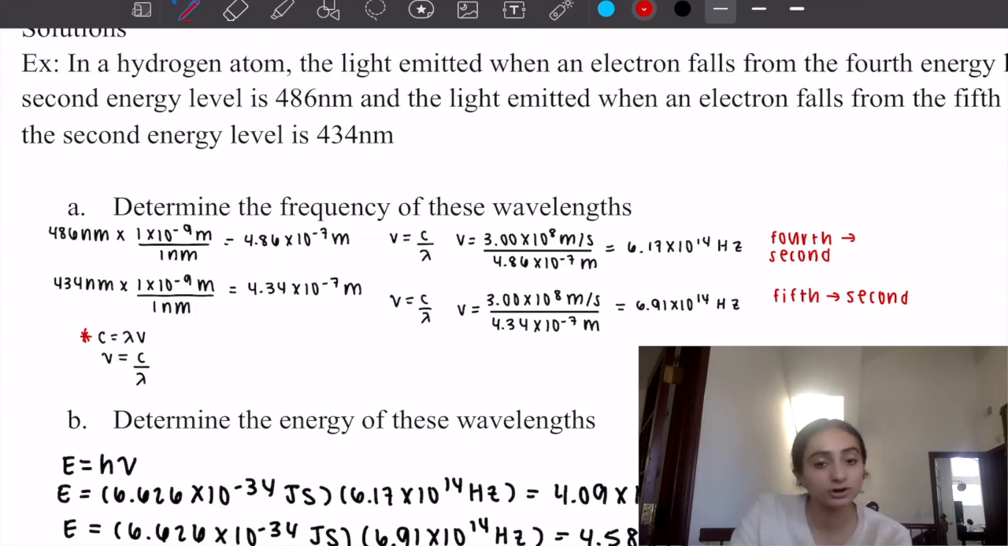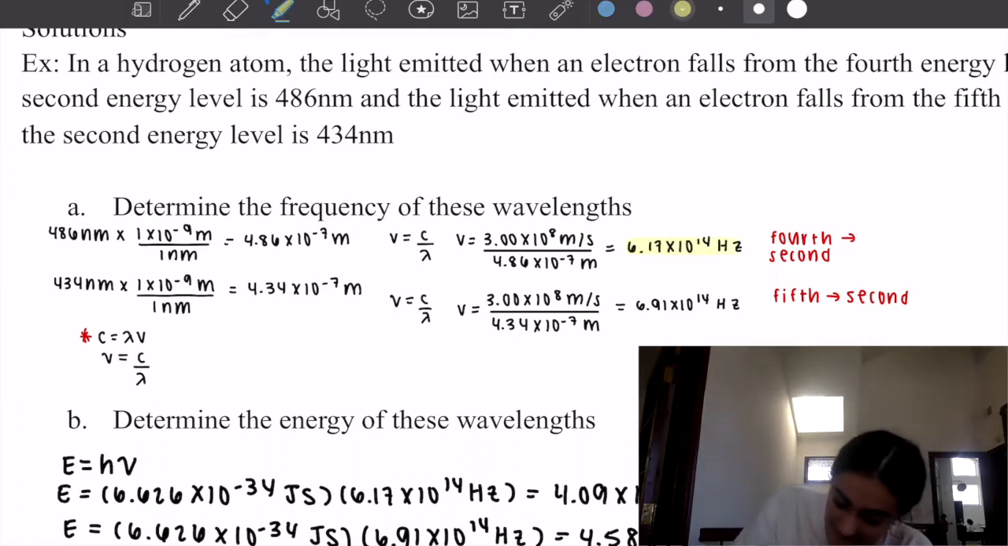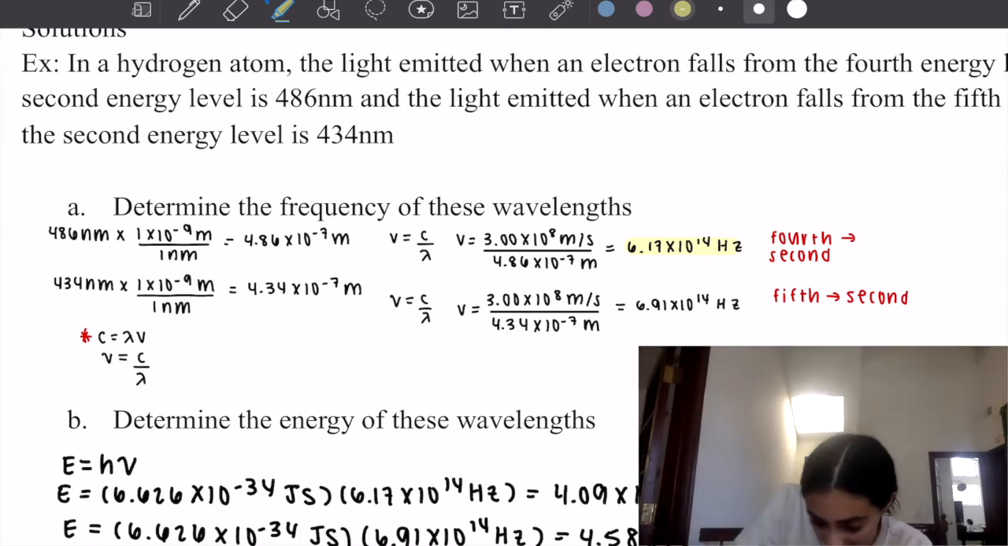If you want, you can write it out fully and divide both sides. I did the same thing, just skipped a step. So I first converted the nanometers into meters because you need to do that for the equation, because wavelength needs to be in meters. Then I solved in both cases to get the frequency, which is 6.17 times 10 to the 14th hertz from the fourth to second energy level, and